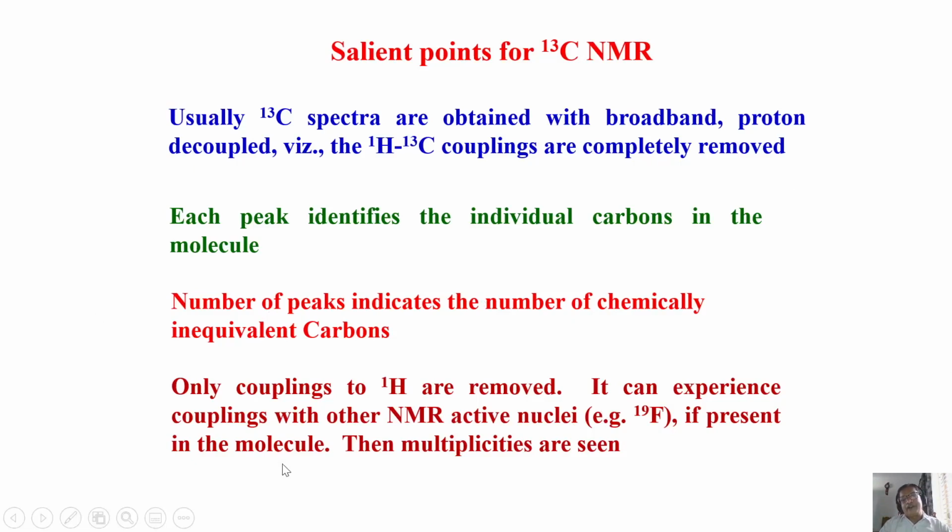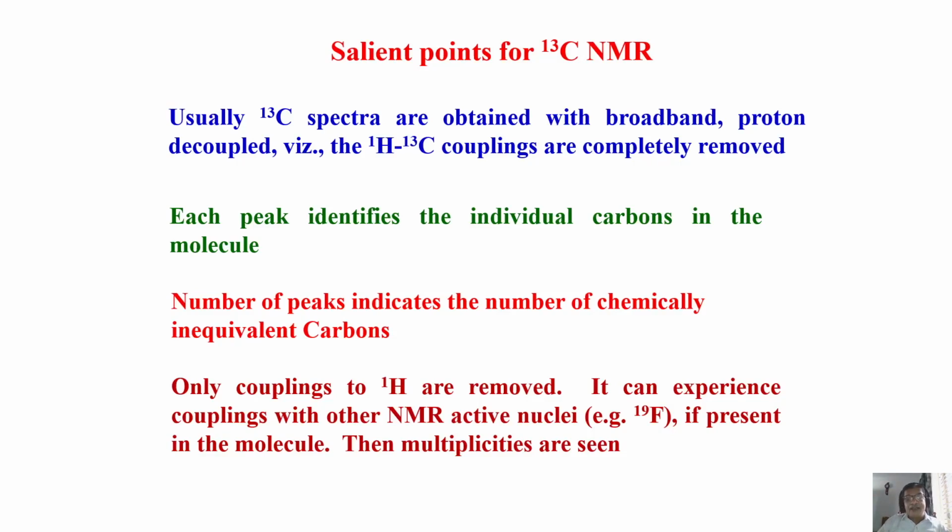So in a carbon 13 spectrum, you take a proton decoupled, broadband decoupled carbon 13 spectrum. If I have a molecule with 5 different carbons, you will get only 5 peaks. Very simple, one line each, no multiplicity. If I have a molecule with 10 carbons, you get only 10 peaks. That's all. Easy to understand. No splitting effect. Analysis of the carbon spectrum is much easier than that of the proton.